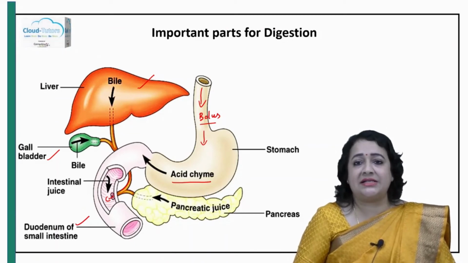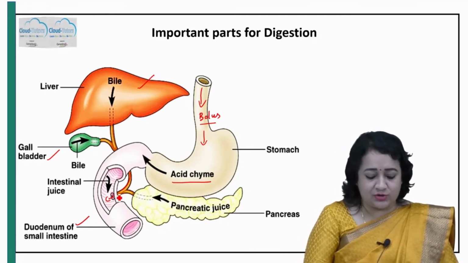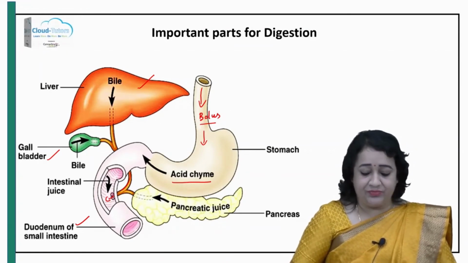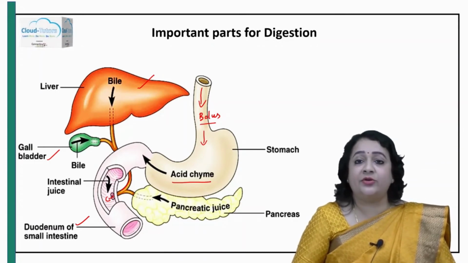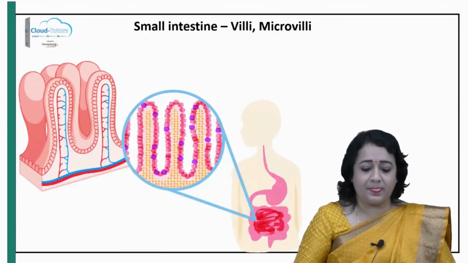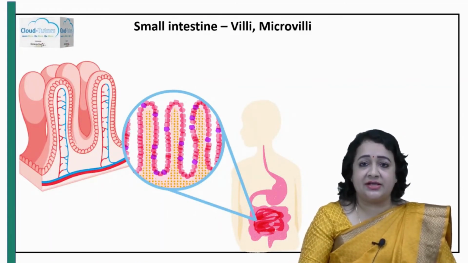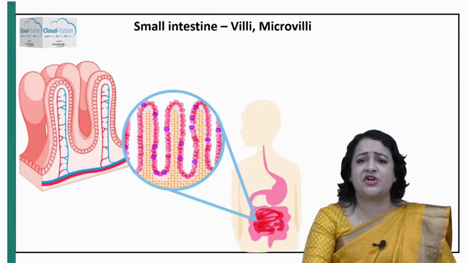Bile juice basically contains bile salts. Similarly, the pancreatic juice also enters into the duodenum region of the intestine. So now let us see what reactions happen here in the duodenum region. But before understanding the reactions happening in the duodenum, let's see how the structure of the